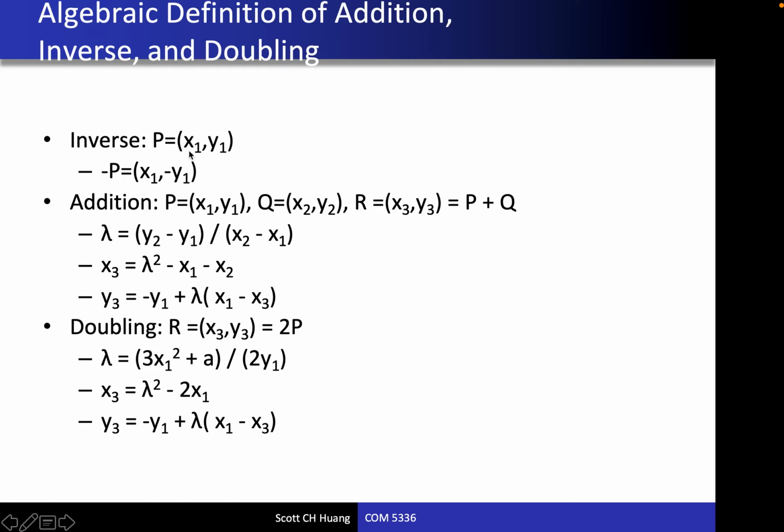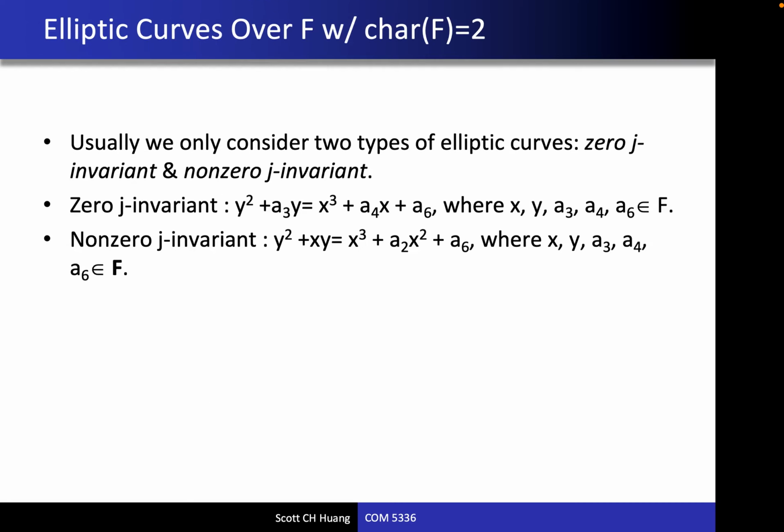For the inverse, or mirroring formula: we have a point P, and we want to calculate minus P, so you just take the mirrored point. Addition and doubling are exactly the same thing. No problem. However, if we're using elliptic curves over a finite field whose characteristic is equal to 2, then